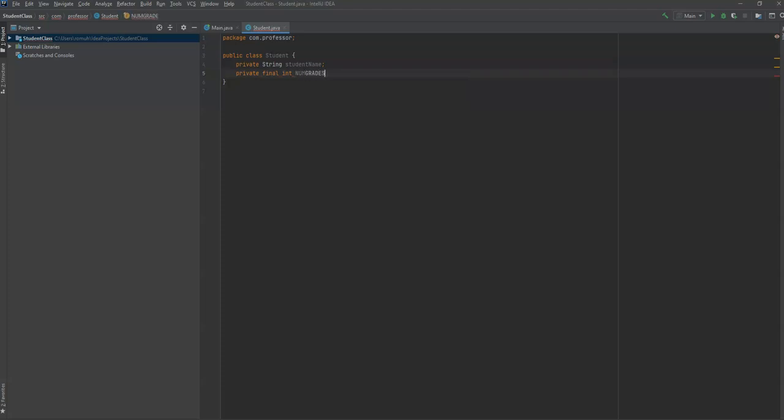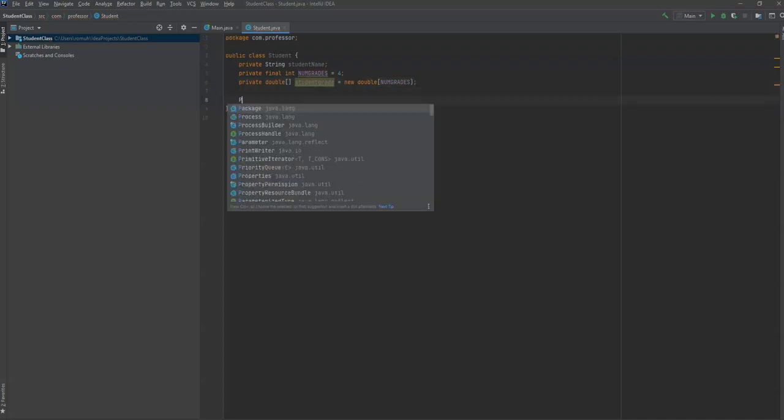So the number of grades that can be stored in this object is going to be 4, and then finally we'll declare a private array, and we'll call that locally student grade, and we'll initialize that here, and we'll say it's num grade,